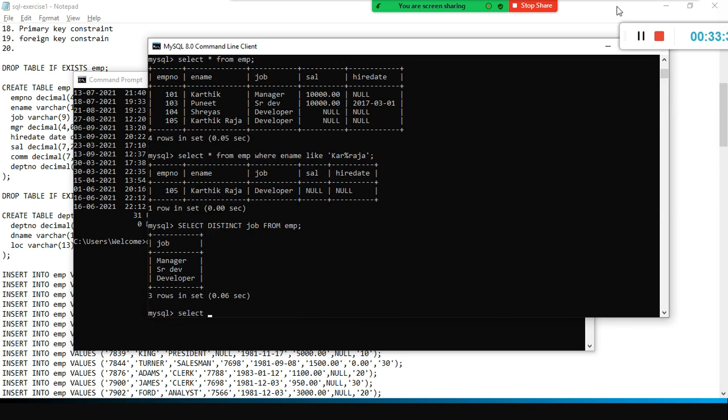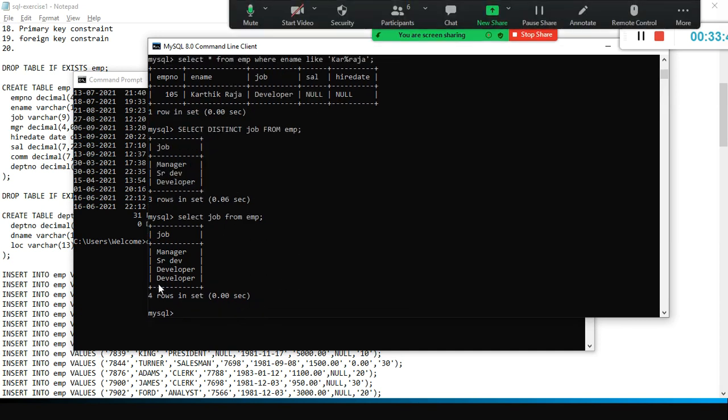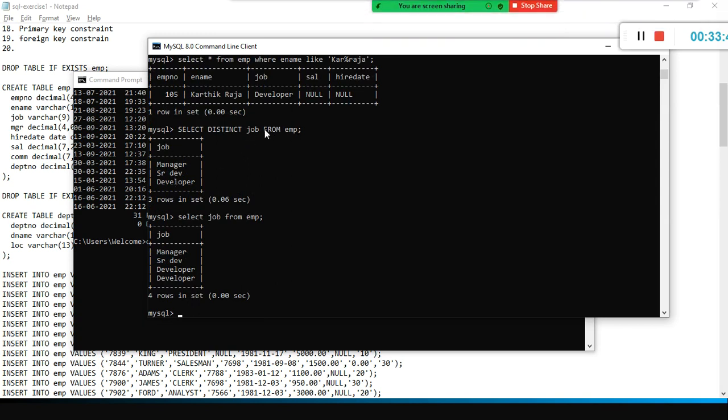But if you look at the job column, job from EMP, you have two developer, right? Unique values, display only the unique values from the job column.